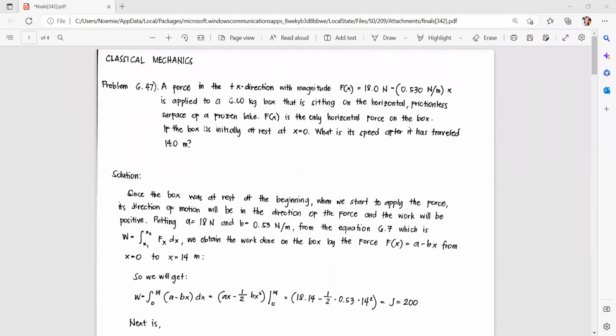So the problem is a force in the positive x direction with magnitude F of x equals 18 newtons minus 0.530 newtons per meter times x is applied to a 6 kilogram box that is sitting on the horizontal frictionless surface of a frozen lake. F of x is the only horizontal force on the box. If the box is initially at rest at x equals 0, what is its speed after it has traveled 14